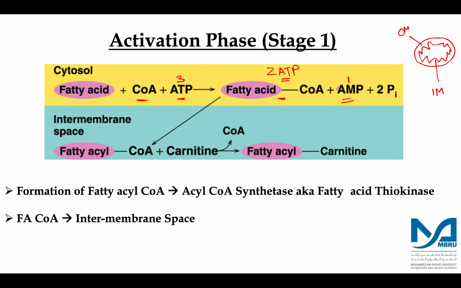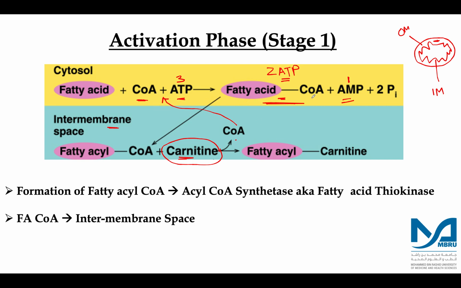And at the end of this reaction, the fatty acyl coenzyme A migrates into the intermembrane space, which is the space between the inner and the outer membrane. So this particular space is called the intermembrane space. So this fatty acyl coenzyme A comes into the intermembrane space and undergoes an exchange reaction with a particular molecule known as carnitine. So this coenzyme A goes back out into the cytosol and will combine with further fatty acid